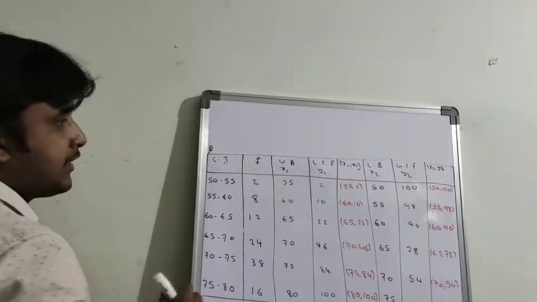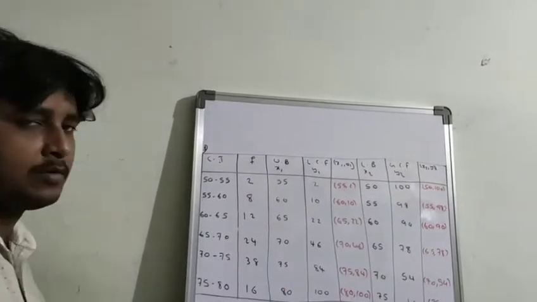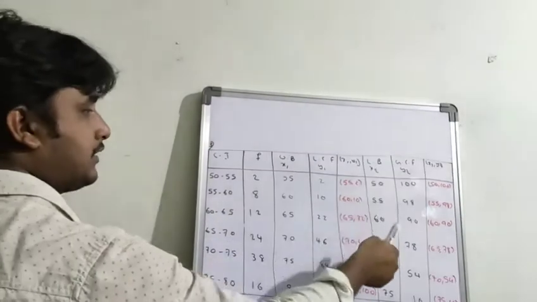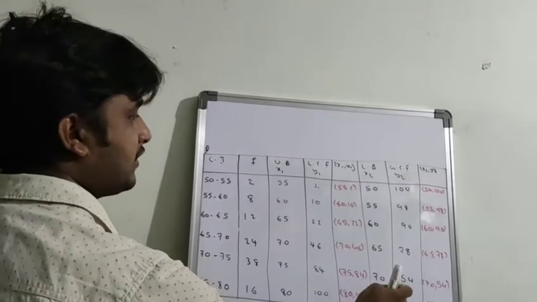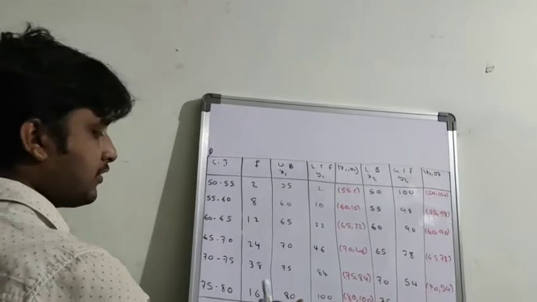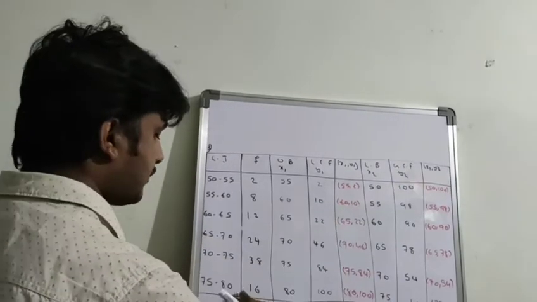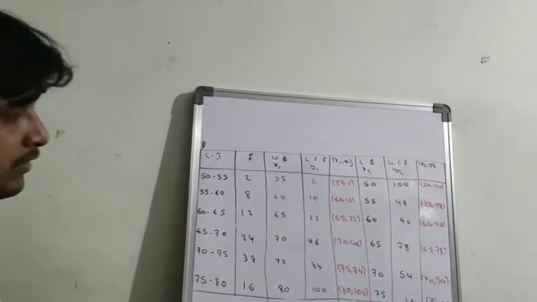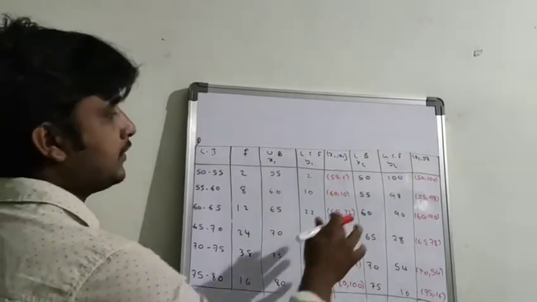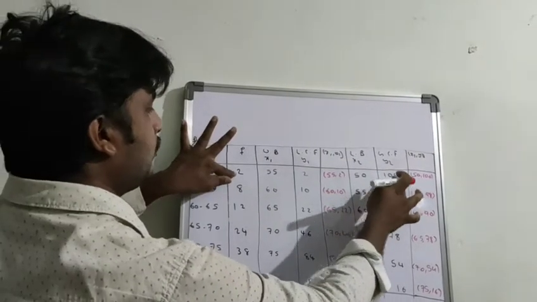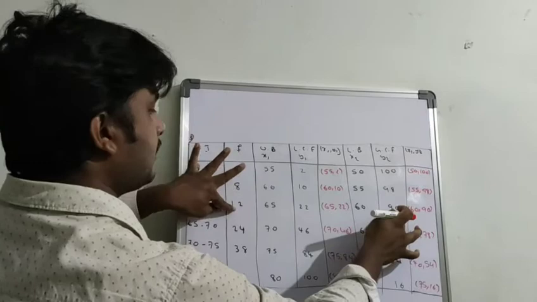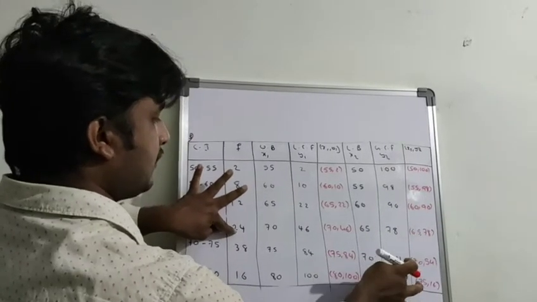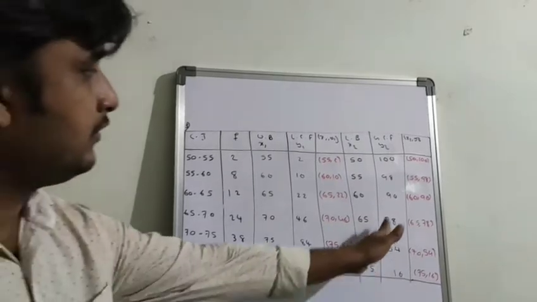So now these exponent value points I am writing, I wrote with the red color pen for identification purpose, and for the greater than cumulative frequency again, the lower boundaries are 50, 55, 60, 65, 70, 75. Get back to the frequency. You have to start with the 100, and the last observation of the frequency and this one both should be the same. So 100 minus the frequency 2 is 98, 98 minus 8 is 90, 90 minus 12 is 78, 78 minus 24 is 54, 54 minus 38 is 16. Yes. So next we wrote here.